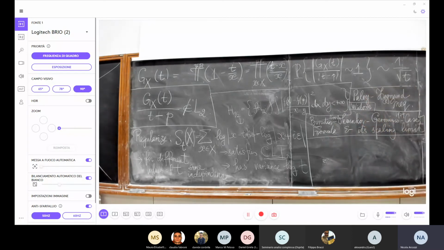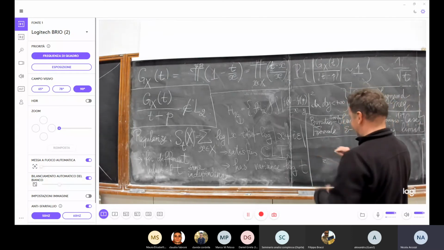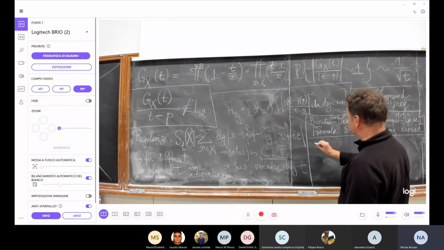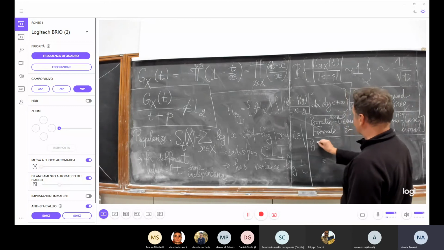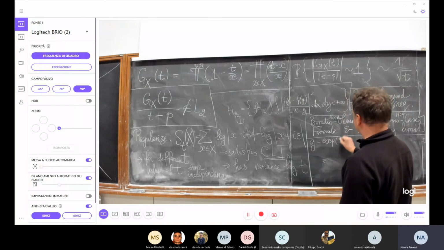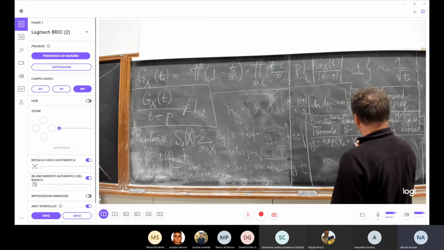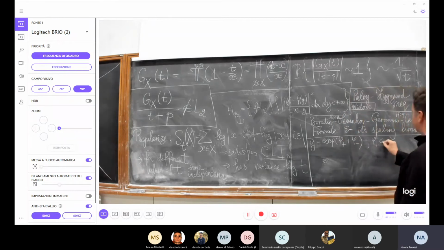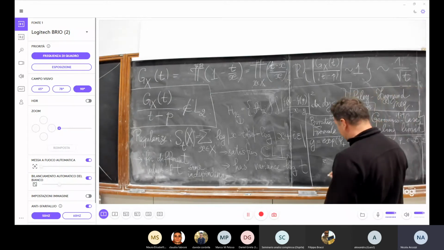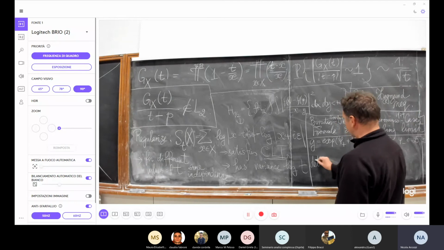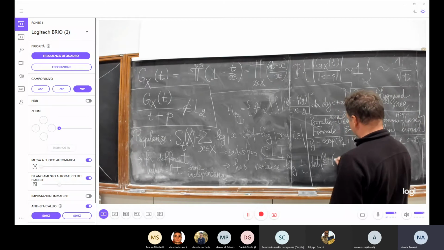Okay, so let me just very briefly formulate the result. I take a function g, which is exponential of phi plus phi minus, where phi plus belongs to the Dirichlet space and phi minus belongs to the conjugate of the Dirichlet space. I consider the multiplicative functional corresponding to this function g, so the corresponding repulsion determinant.